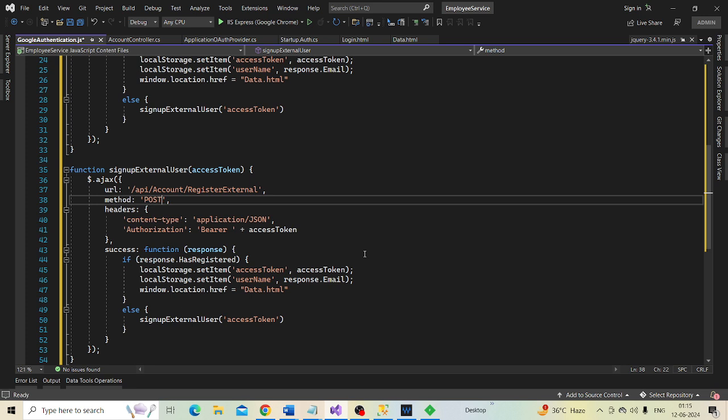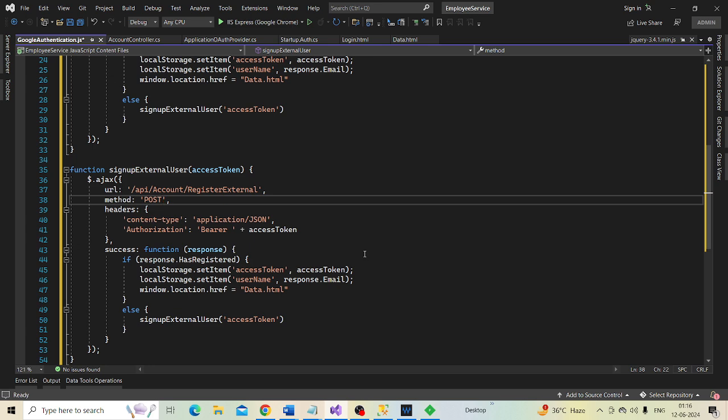And when the request completes successfully, that is when the user is registered successfully with our application, we want to redirect him to Google sign-in page. That is the same page to which we redirect the user when we click the login with Google button, present in our login.html page.